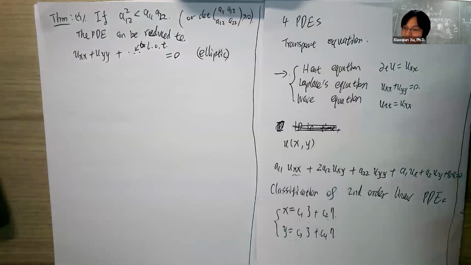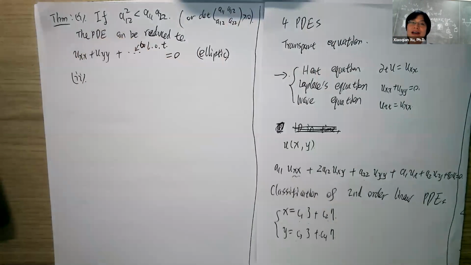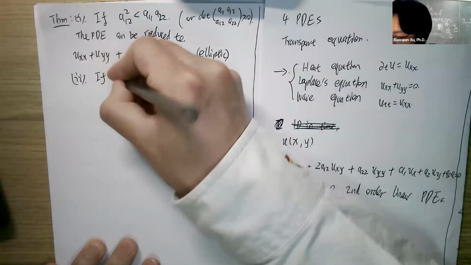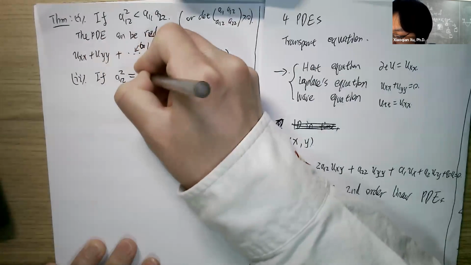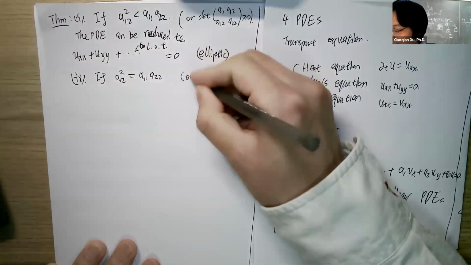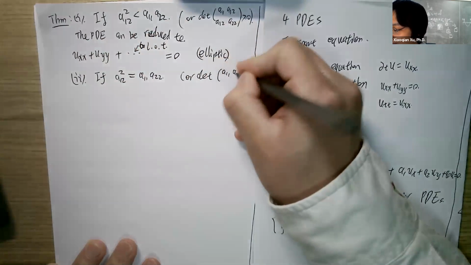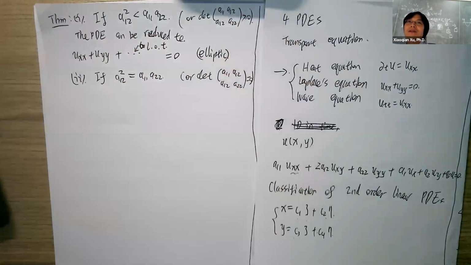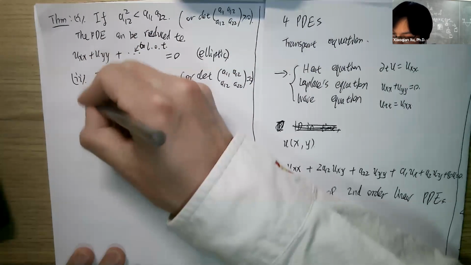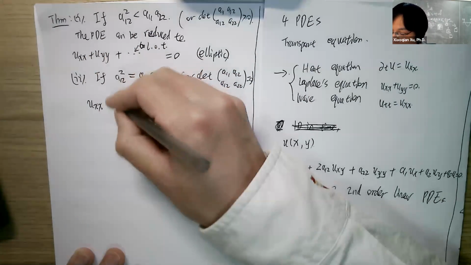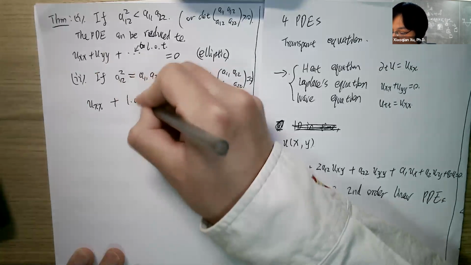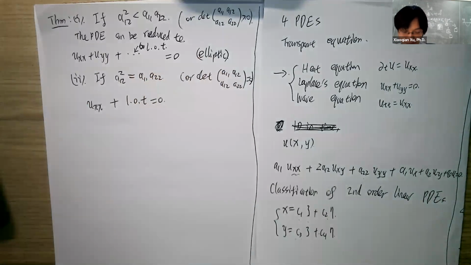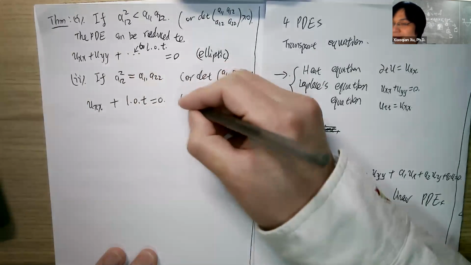And then, as you can imagine, if the determinant equals 0, then what you can do is change it to uxx plus some lower order term equals 0. Okay? Which is also no surprise. And this kind of differential